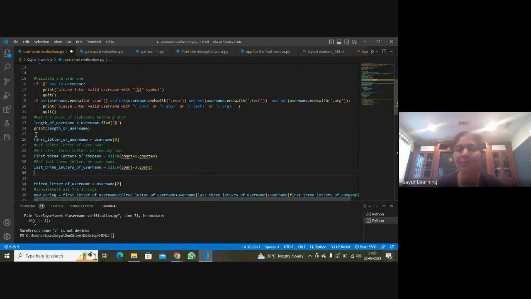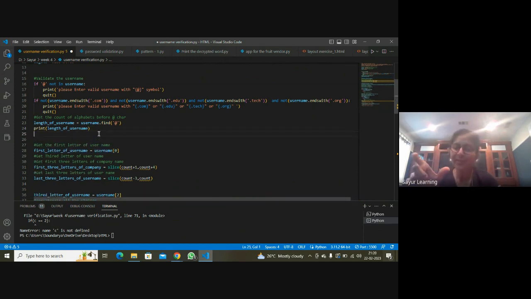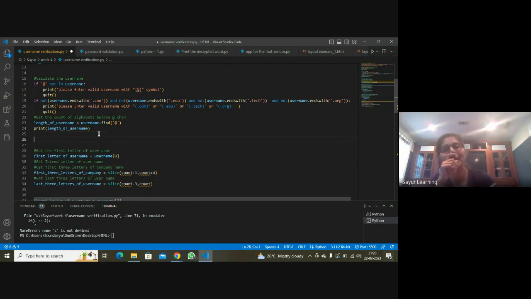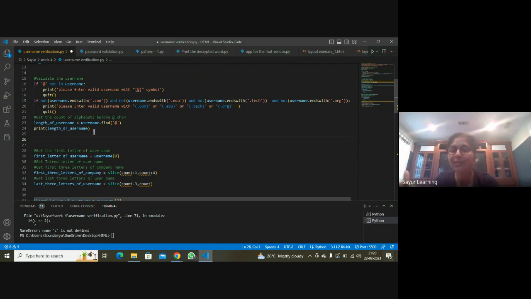Minimum 6. 6 irukkanuma. So that is another condition you were checking, right? Ma'am, like we talked about, username has to be a certain length, company name has to be a certain length. You have to check for all that, right? Yes, ma'am. So go ahead and find out. You find the length of the username, and then the next is to find the length of the company name using similar functions.